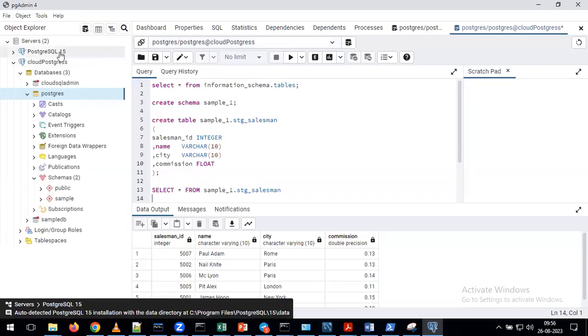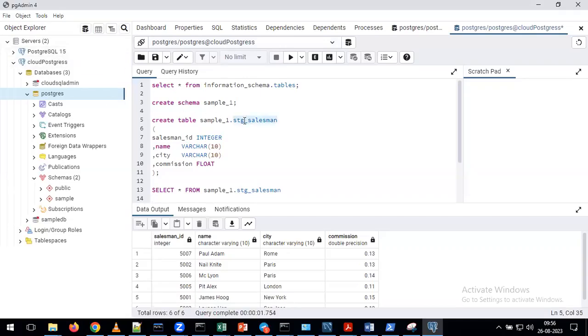In the local server, they create all the tables. After that, when we integrate with BigQuery, they try to integrate with Cloud SQL. Then if you try to access this table, what will happen? You are going to get an error saying that your table does not exist. Just to avoid that, don't make this mistake.